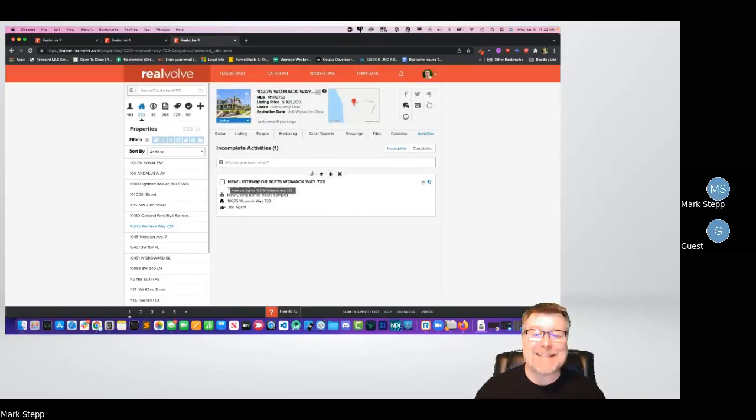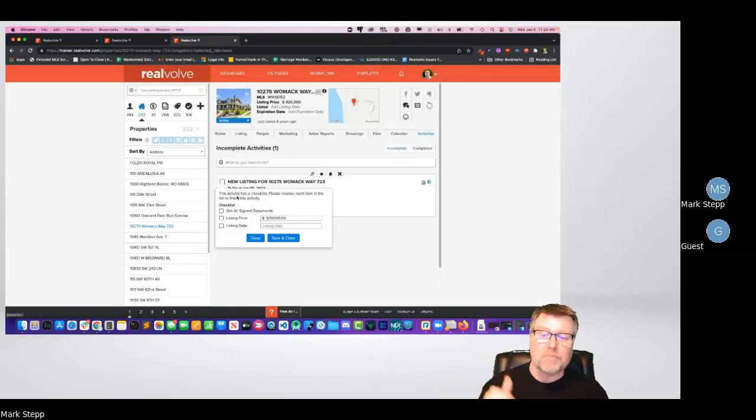So now this activity has the address in the title, which is great because you may come up here to the calendar, and if you just said new listing or check for listing information and you don't have the address in there, it can be harder to find or understand what it's about. So putting that in the title is very powerful. But as we come over here and we go to complete this activity, because we use the merge field,